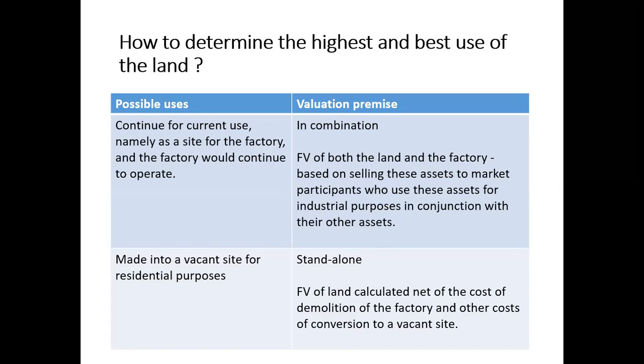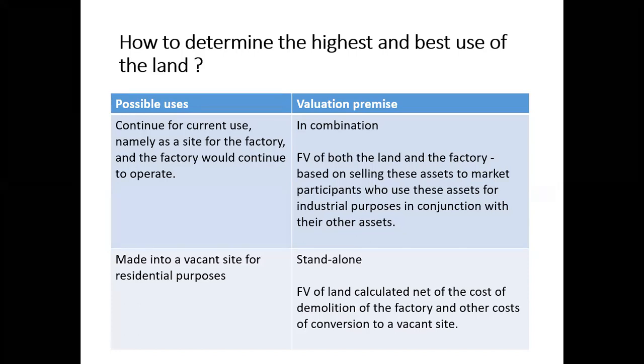But again, you would find that we are still taking the benefit mainly out of the land. There is no construction or anything over there, no? It's a current use, yes, but not in combination. It is just the land being occupied. So primarily you are taking the benefit out of the land itself. So again, it is standalone. Yes, it is the current use, but it is standalone, isn't it?